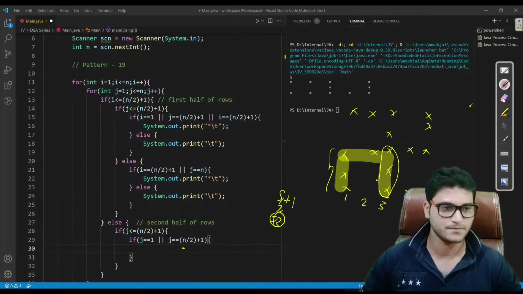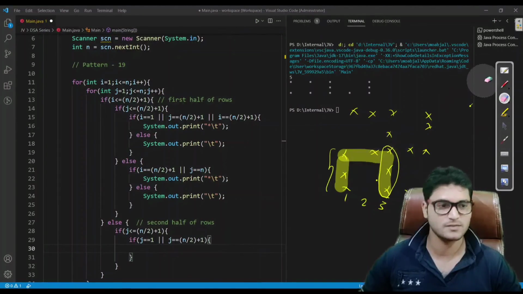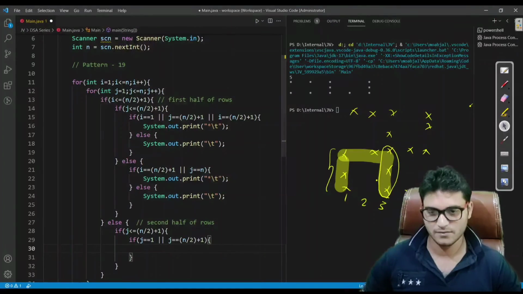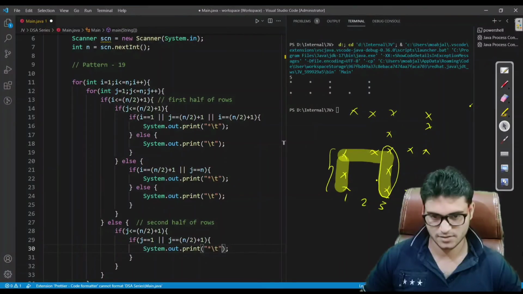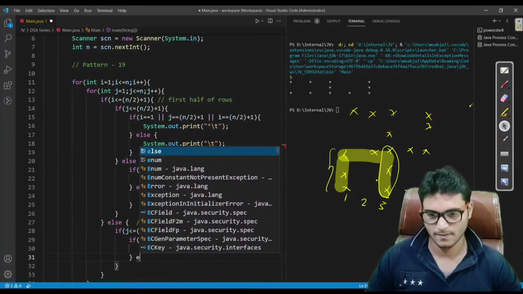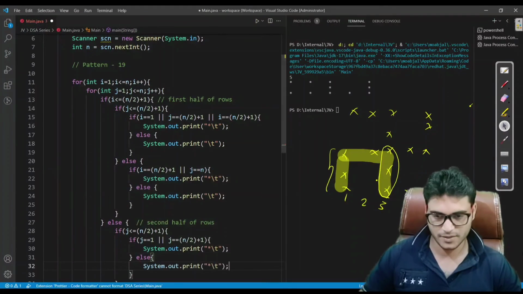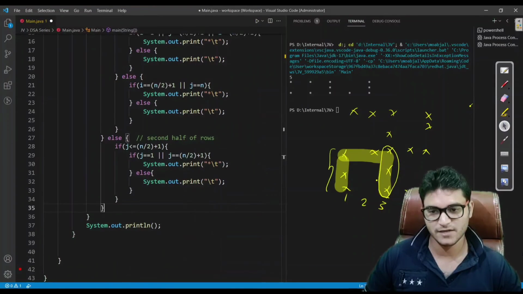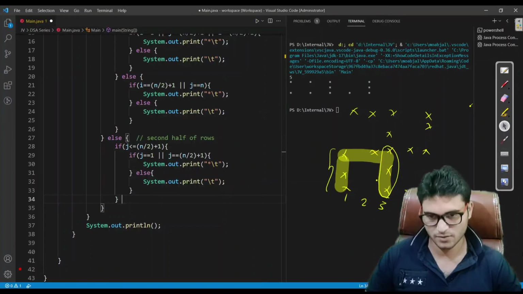Okay, let me rough this. In this case, we have to print stars, or else we have to print spaces. So this is the condition for the second half of the rows and first half of the columns.